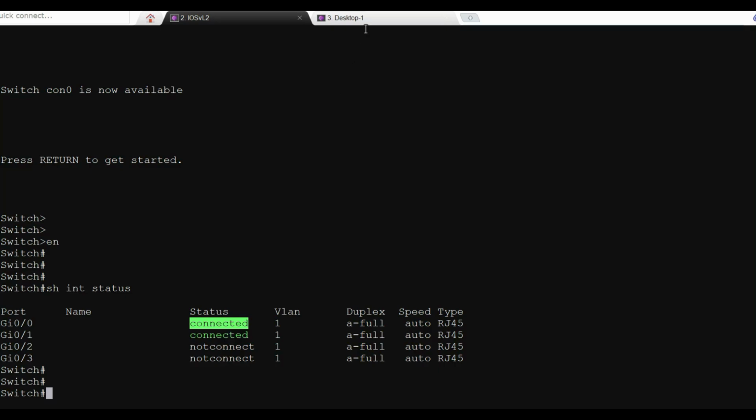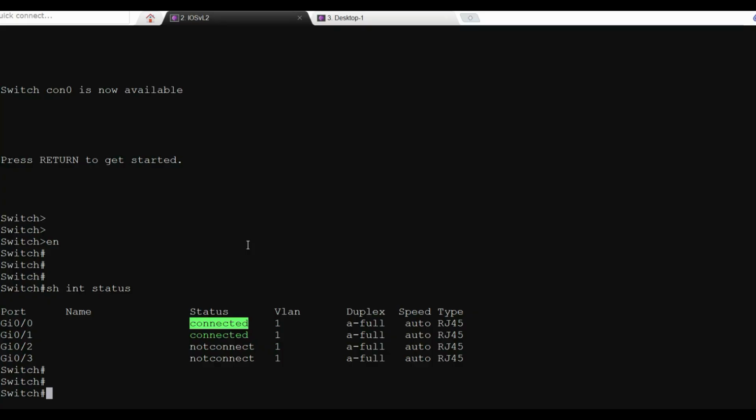So right now, initially the switch is out of the box. Actually, the switch out of the box can be used directly, plug and play. If you want to test your machine, you can directly plug it into the Cisco switch. And if you manually configure IP addresses on those machines that are connected to different ports of the switch,